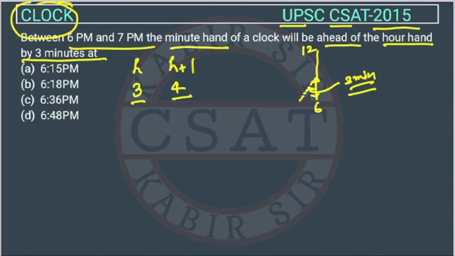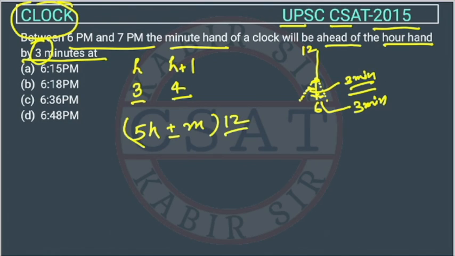एक तो टाइमिंग तब आएगा जब ये जो मिनट हैंड है, it is behind this hour hand. तो यहाँ पे भी तो ऐसा टाइम आएगा जब इनके बीच का डिफरेंस 3 हो, राइट? और बाद में भी आएगा, ठीक है? So the formula is 5h plus-minus m, और कितने मिनट का डिफरेंस बोल रहा है, तो that m, and 12/11, राइट।